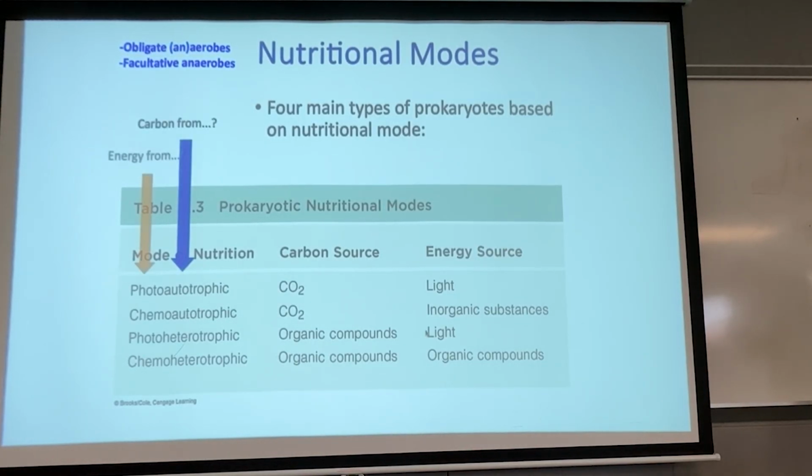So really the name has basically a first part, a second part, and then troph at the end. Troph or trophic just means mode here or type. The first part of the word, photo or chemo, simply tells you where you're getting energy to produce sugars or to make ATP. The second part of the word, auto or hetero, simply means where you're getting your carbon from. Typically, autotrophs use carbon dioxide